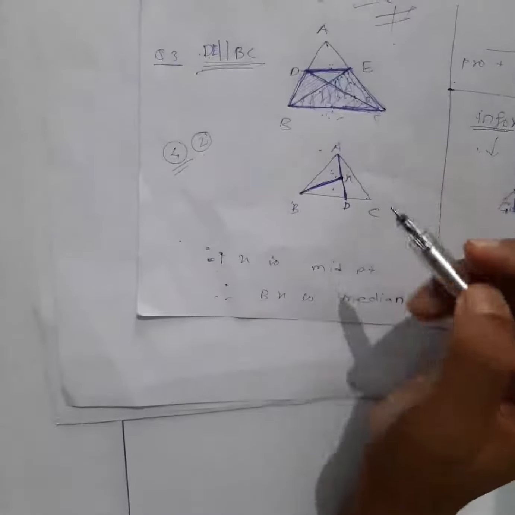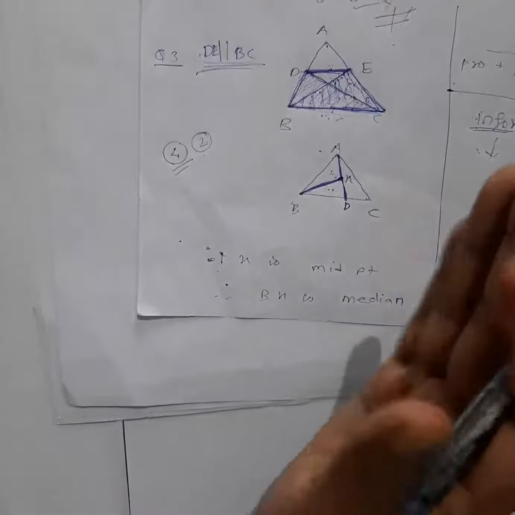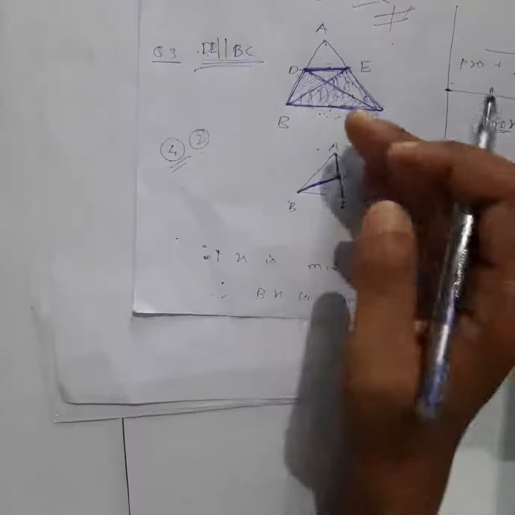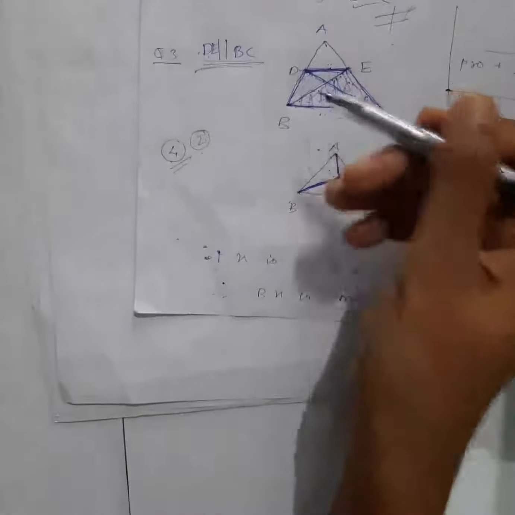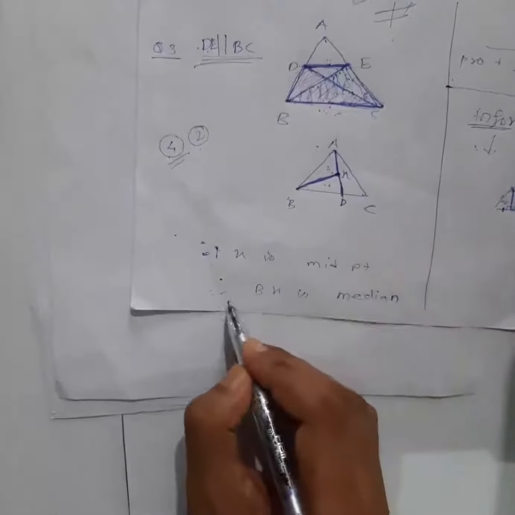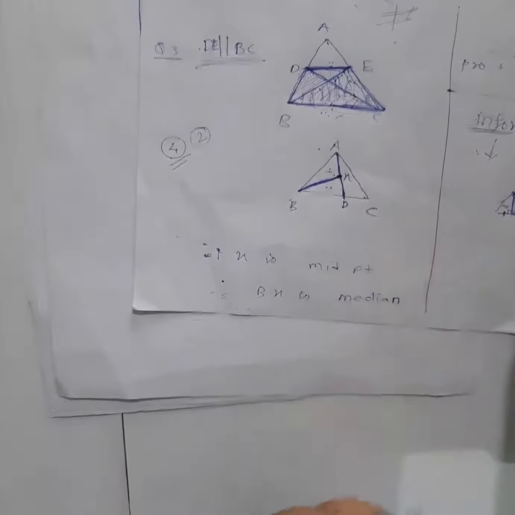Now those students who were not able to solve, you need to practice more on these figures. Okay, take a simple question, the first question from the exercise, and try to practice those questions well and try to understand. Then only you can solve complex problems also. So BX is a median, and we know that a median always bisects the area, so that's why this will be equal. So that was a very simple question.